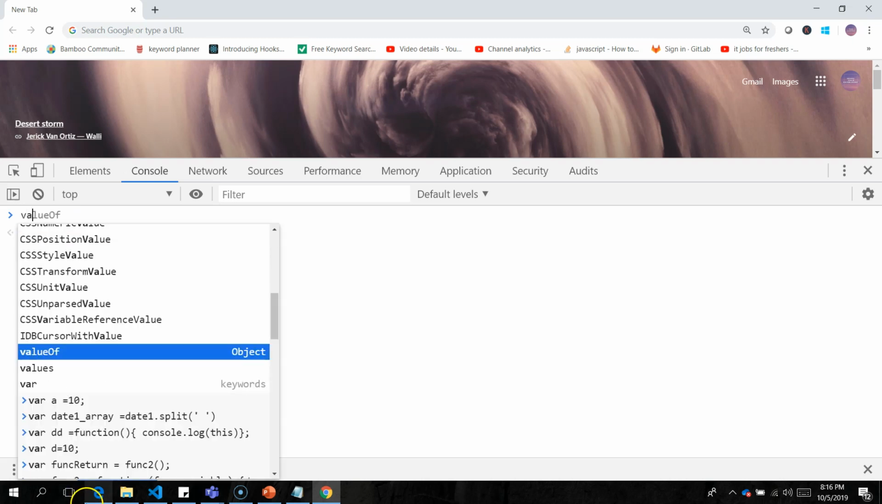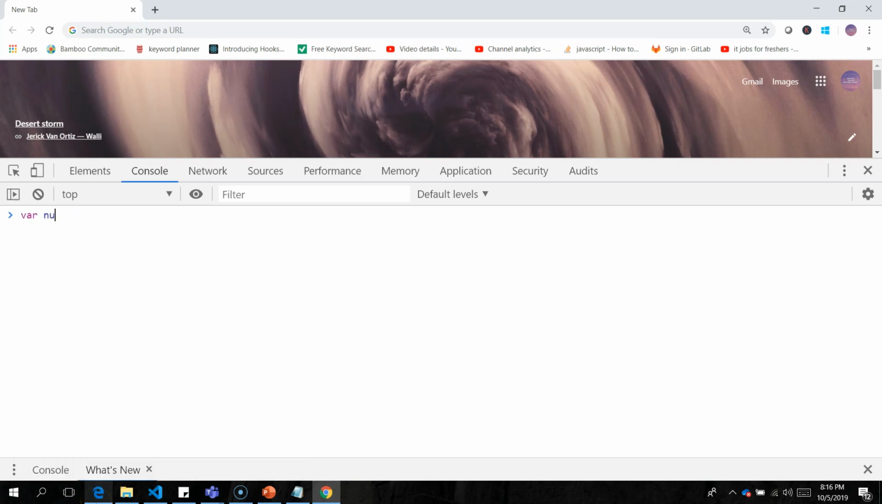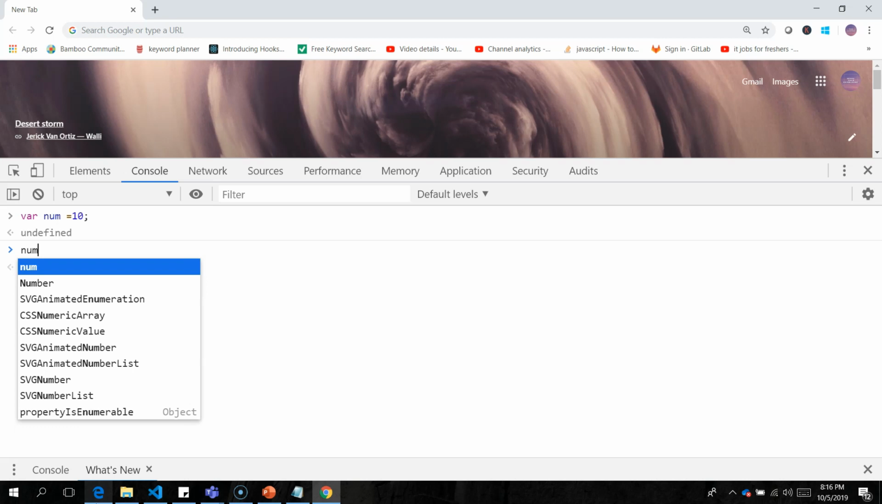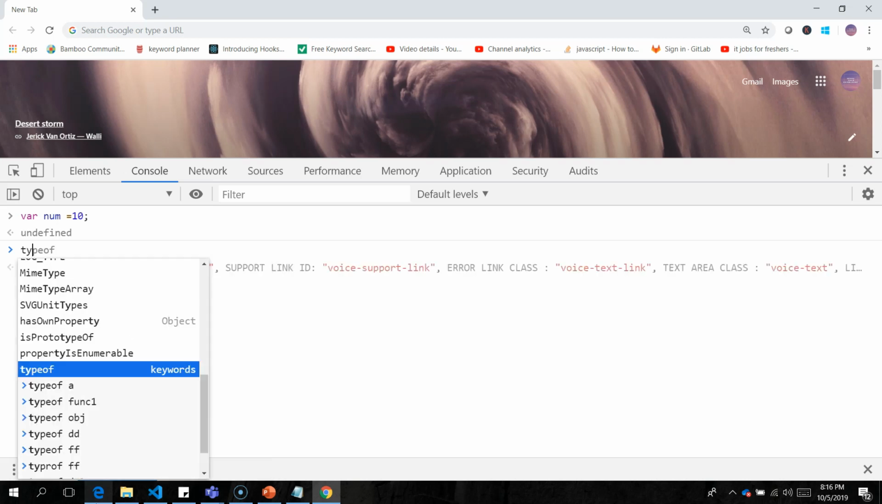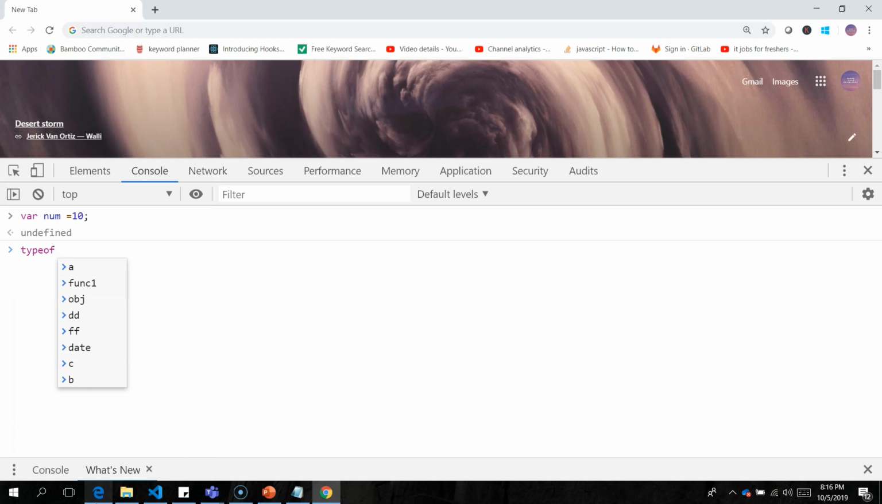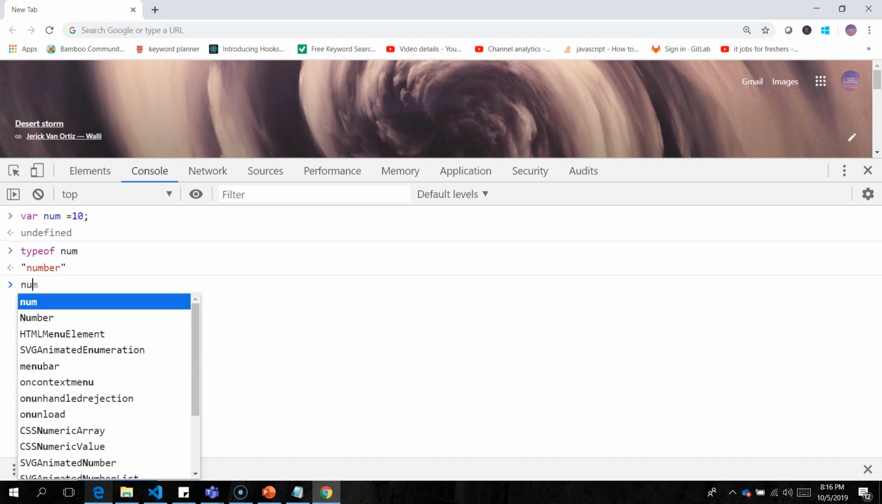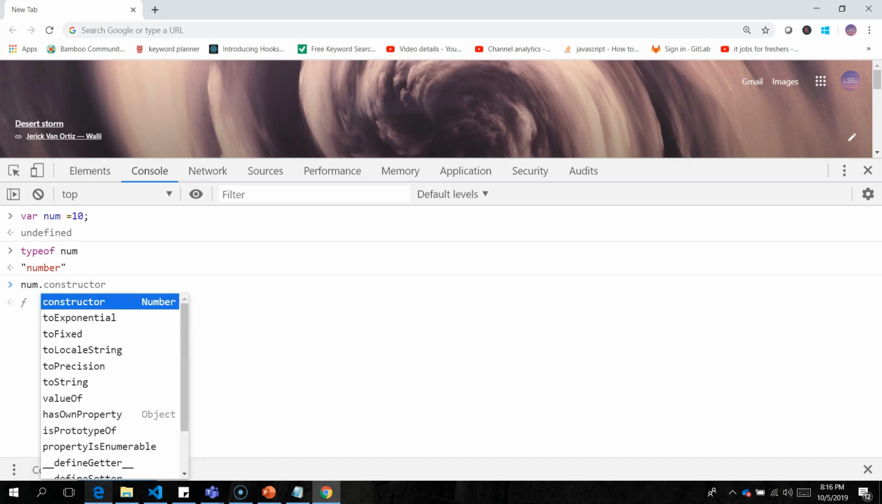So let me create a simple number. When I put a number, typeof num, if you try to print, it will say it is number, right? Num is a number, right? But when I try to say num dot, you are able to see these many functions. Okay, you are able to see these many. How come it is possible? How these functions are available for a